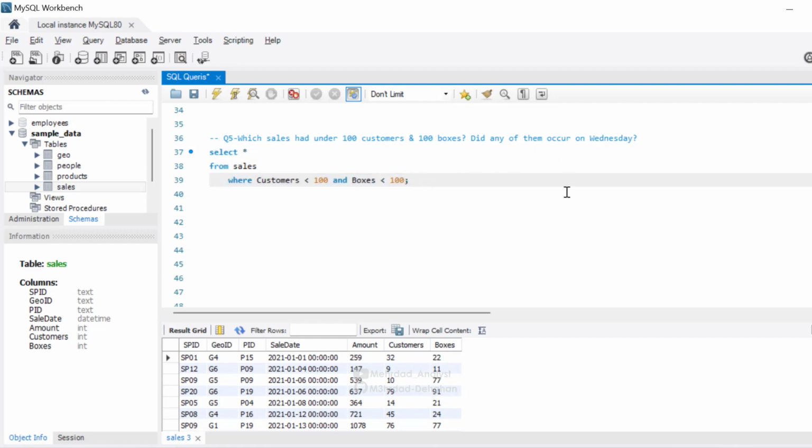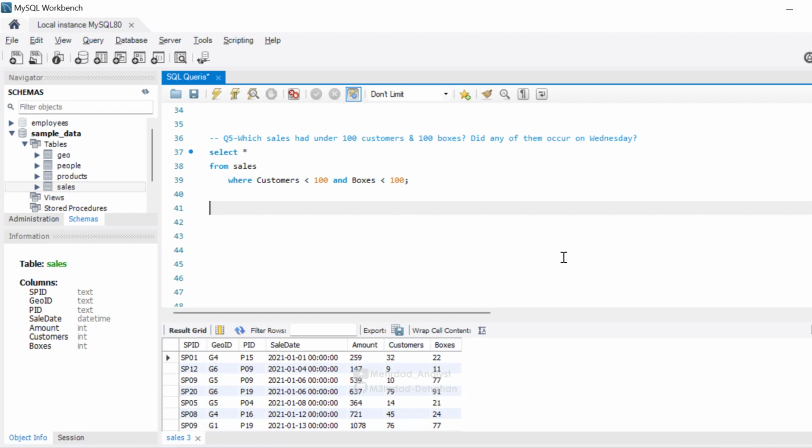But the question is talking about Wednesday, a specific day. In the previous questions we talked about the date, we talked about the year, month and day, but in this question we are talking about the day of the week: Saturday, Monday, Sunday, Thursday, and so on. So we need to approach this question in some other way. For answering these questions, I'm going to add a new column in this data set, and